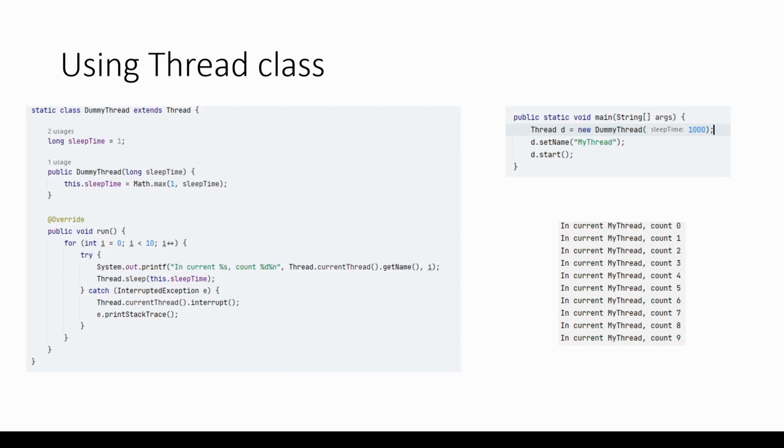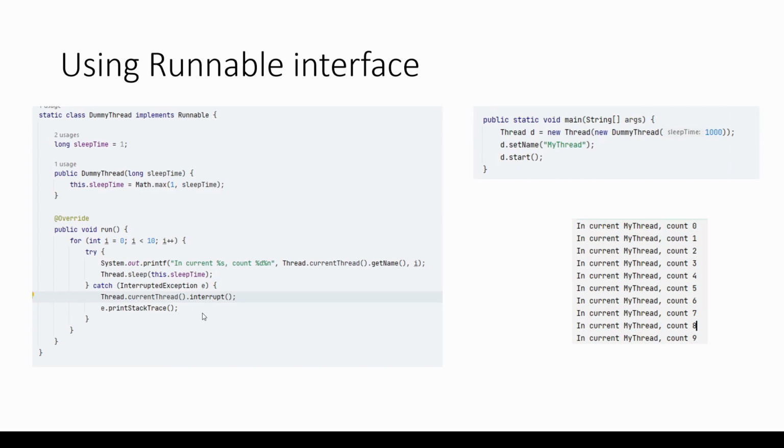So now we will see how we can create a thread using the Runnable interface. As you can see, the syntax is kind of the same. We are overriding the run method, we are providing the name to the thread, we are doing d.start. Everything is the same. The difference is that since it is an interface, we have to implement it. So we have the same class DummyThread. This time it implements the Runnable interface, and it has to provide the definition for the run method, which is the only method present in this interface.